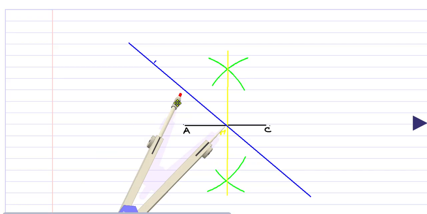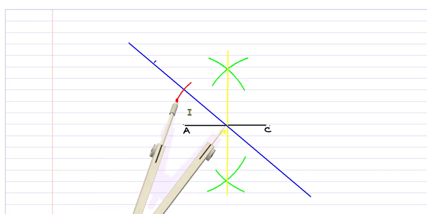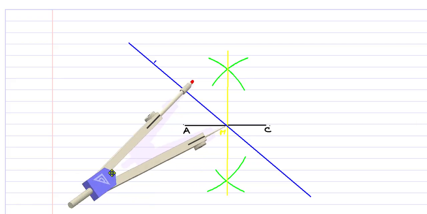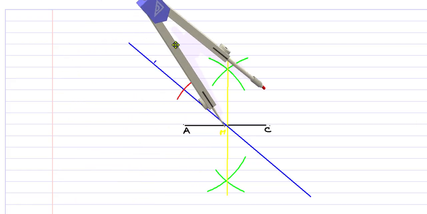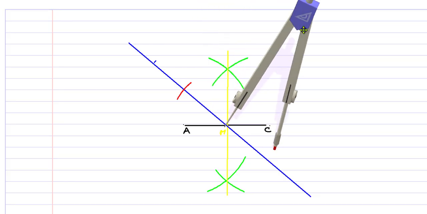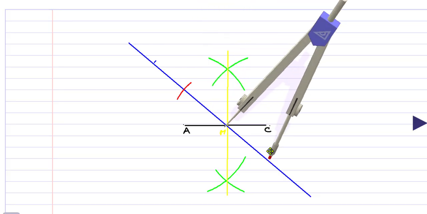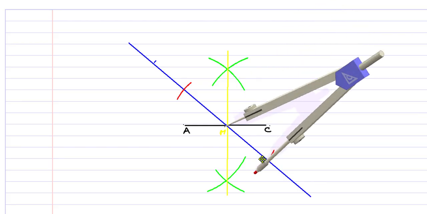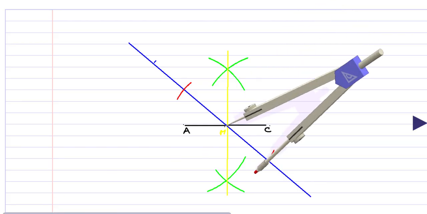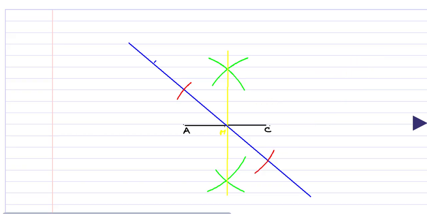Compass at M, radius equal to 3.5, make an arc on one side and also make it on the other side of this blue color arm, which is your 140 degree angle inclination. The angle that we draw, there you have to make it. The two arcs that I have made in red locate my points B and D. In fact, BD. Now it is all ready.